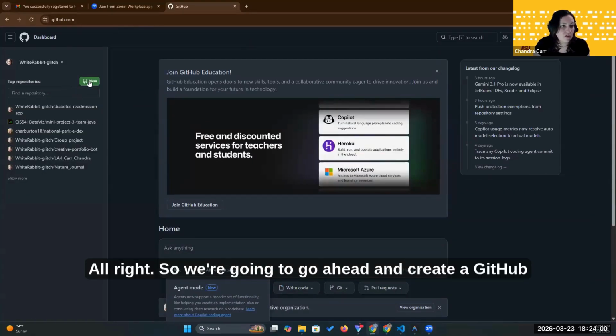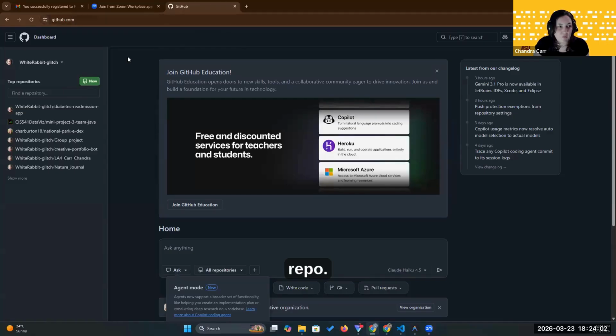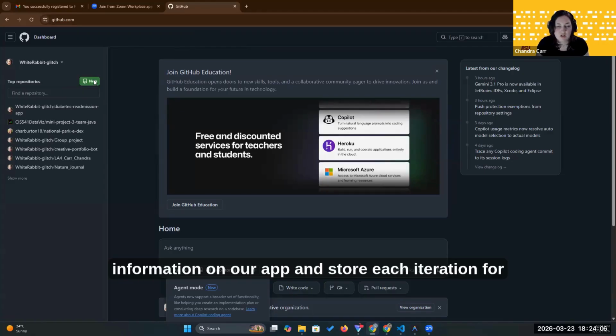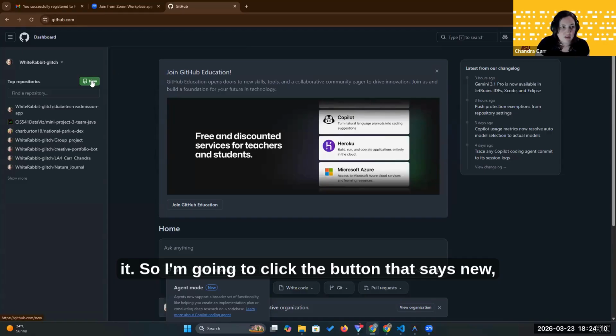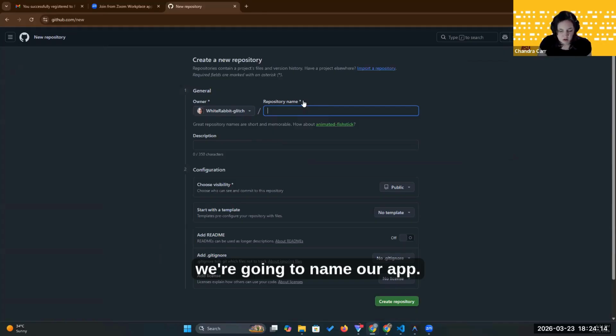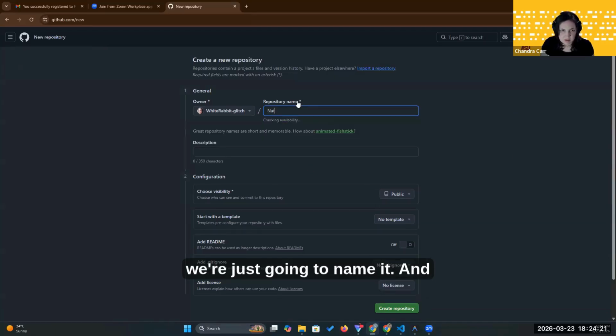All right, so we're going to go ahead and create a GitHub repo. And this is going to be our place where we're going to store all of the information on our app and store each iteration for it. So I'm going to click the button that says New, and we're going to name our app. And since we're doing this as a national park journal, we're just going to name it,